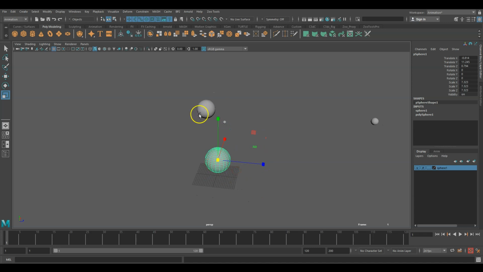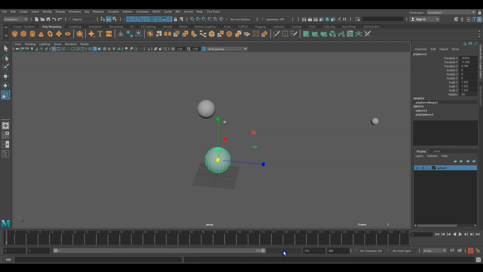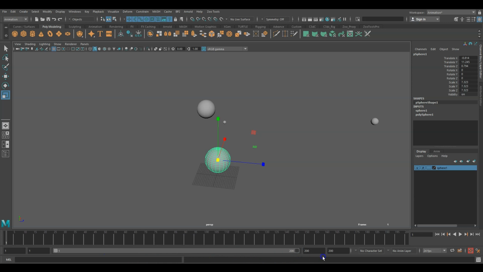Then we have the animation control. You can see here this one, it's the timeline, and this is the time slider. You can click and drag with the left mouse button.